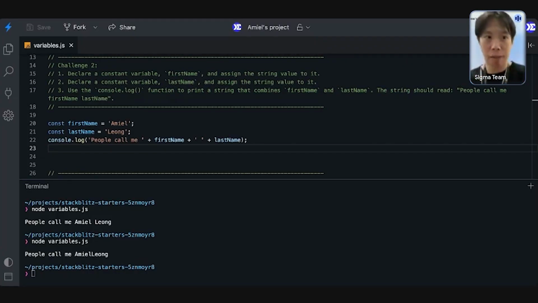So variables are basically boxes, right? What JavaScript does is it'll print out "people call me", and then when it reaches the variable, you have to add another box. So it says, oh, what's in the box? It opens the box named first name, and when it sees what's inside the box, in this case, what I wrote was email. So it takes out email and then puts it behind the string.